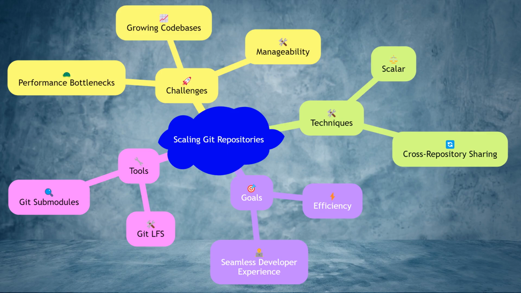In the world of software development, Git repositories are the backbone of version control. As projects grow, so do the repositories, leading to challenges in performance and manageability. Scaling a Git repository involves strategies to handle large code bases efficiently, ensuring that developers can work seamlessly without performance bottlenecks. This presentation delves into various techniques and tools, including Scalar and cross-repository sharing, to optimize and scale Git repositories